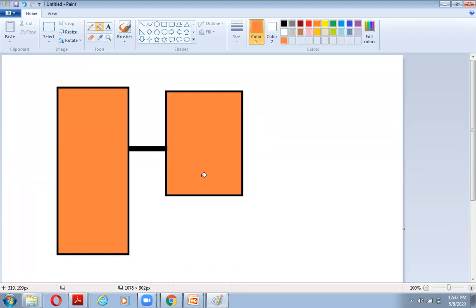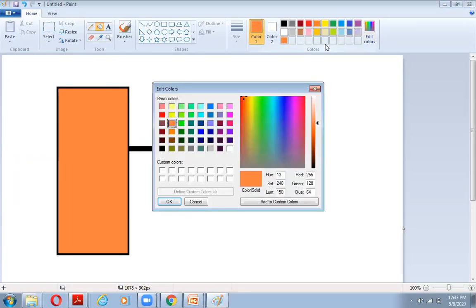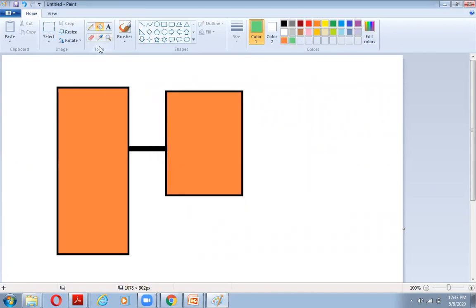Okay, how has this been done? It has been done through the component container model. Let's do this. This is done with the help of the component container model. I can edit colors. Okay, and I just put that color, and that has been changed.